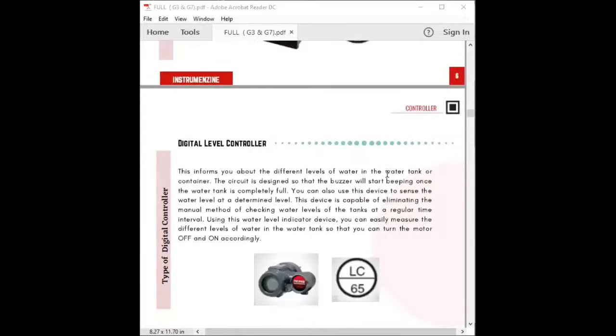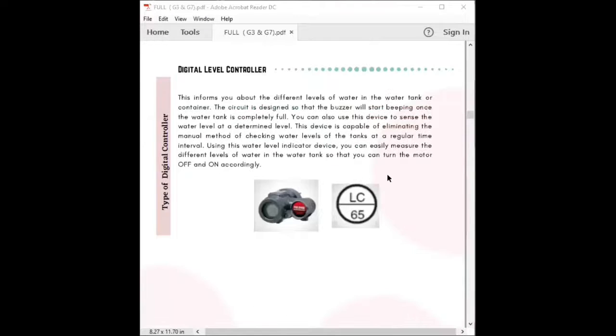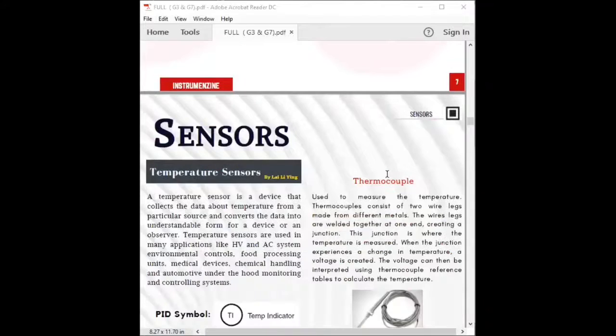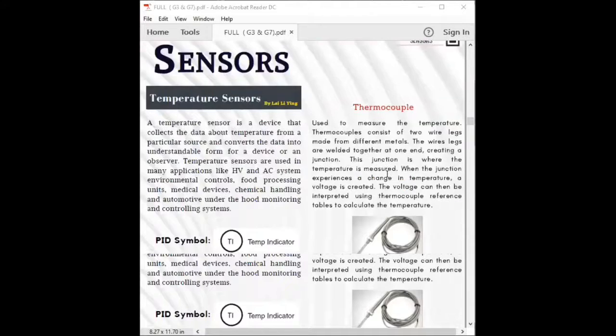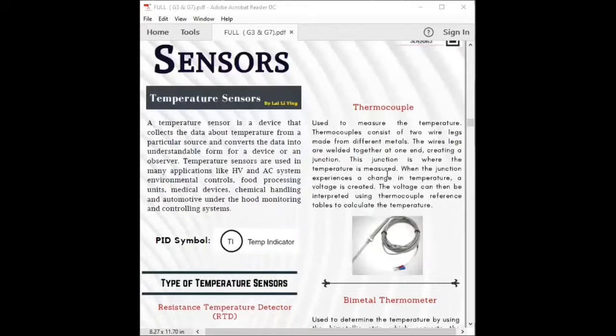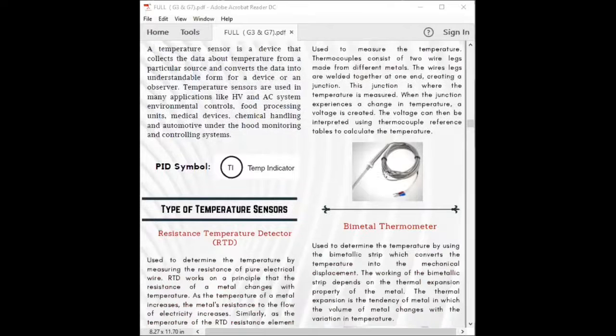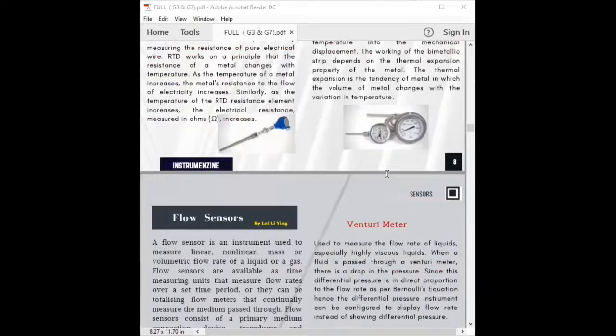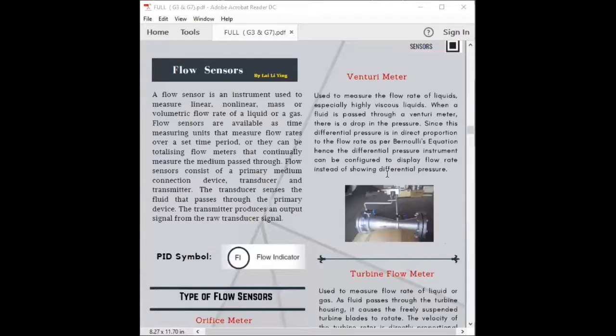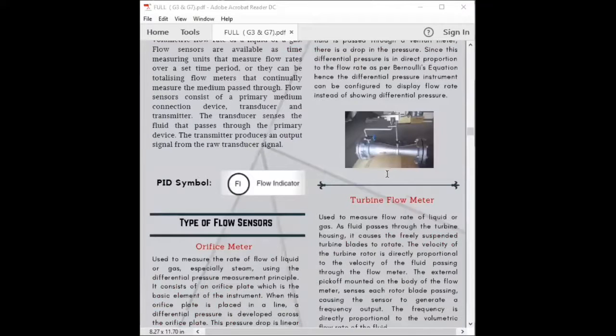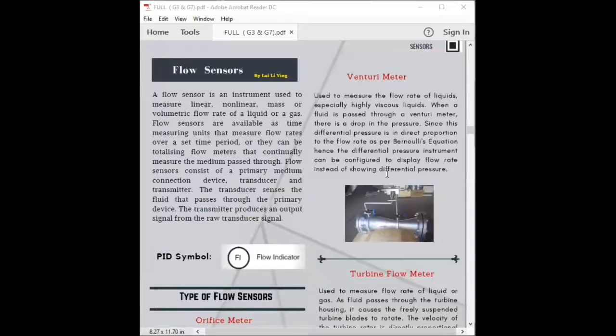There are 4 types of sensor described in this magazine. The first one is temperature sensor. The examples are resistance temperature detectors or RTDs, thermocouple, and bimetal thermometer. The next one is flow sensor, which includes orifice meter, venturi meter, turbine flow meter, rotameter, and vortex shedding flow